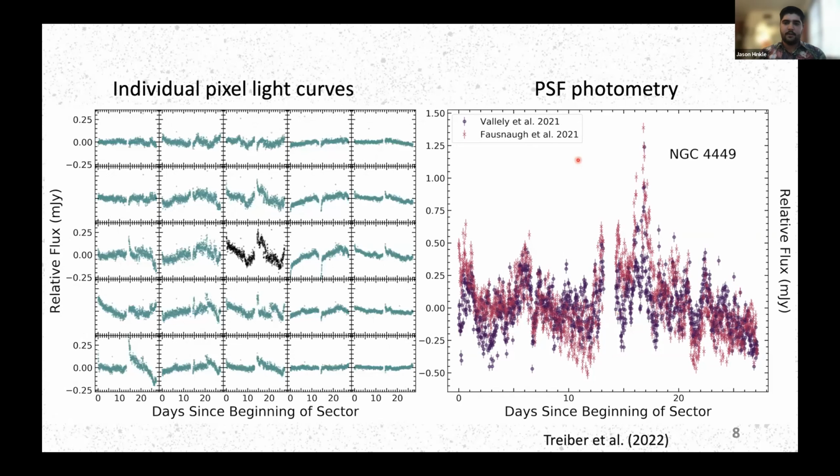So what we did for all of our candidates was not only did we look at this PSF photometry that comes out of the image subtraction pipelines, but we even broke it down to the individual pixel level. So here on the left, I'm showing the light curves centered on NGC 4449 with the central pixel in black, and then moving one test pixel away in each direction. And as you'd expect, the signal is strongest here in the center. As the test pixel response function falls off, you get lower and lower variability all the way to the edge where you have no variability anymore, which indicates that we can be more confident that the variability here is truly located in the nucleus and coming from likely an active galaxy.